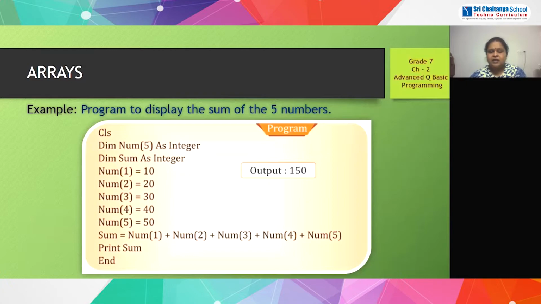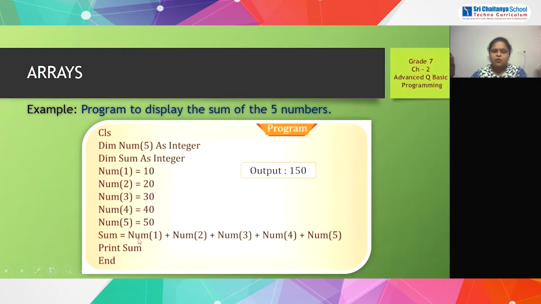After that, in this program, I am assigning values to the variables in the program itself. I am not asking the user to enter them during the execution. You can see in the program on the screen, I have assigned num1 is equal to 10, num2 will have the value of 20, num3 will have the value of 30 and num4 will have the value of 40. Like this, I have assigned 5 values to 5 variables.